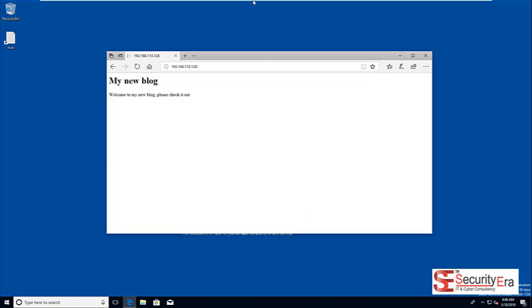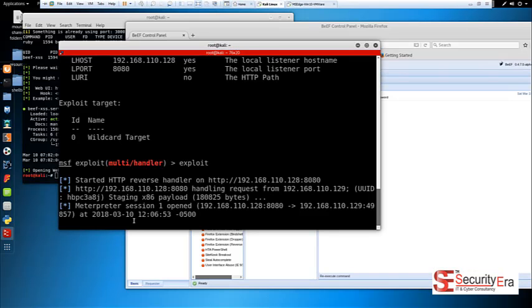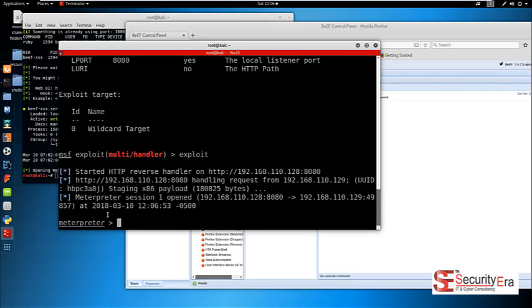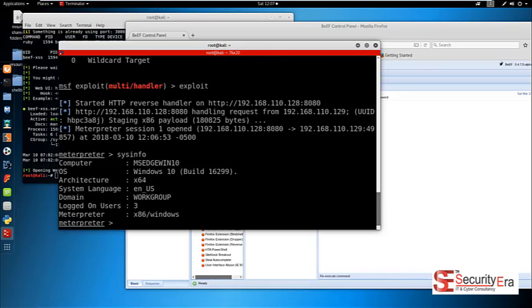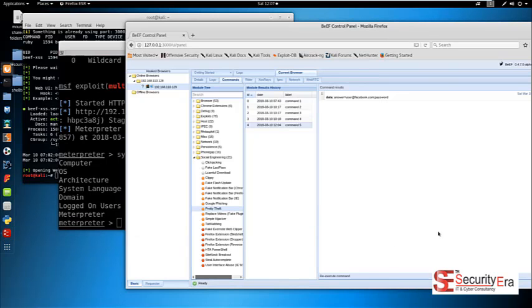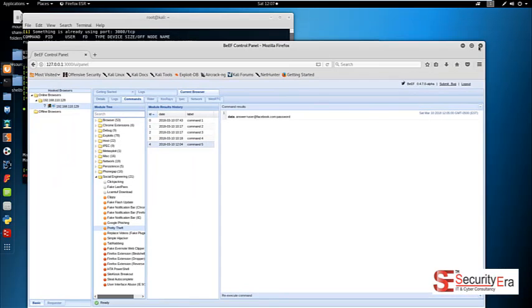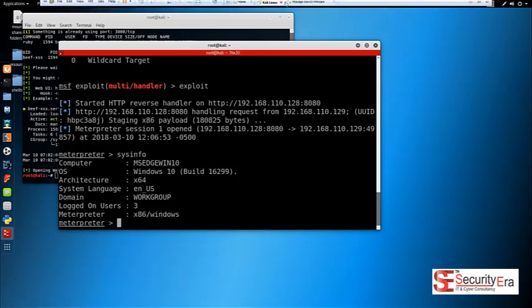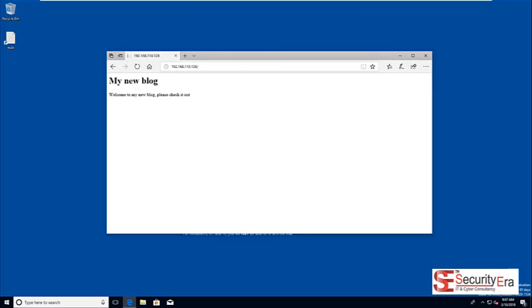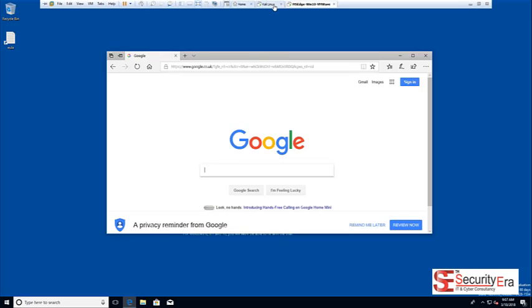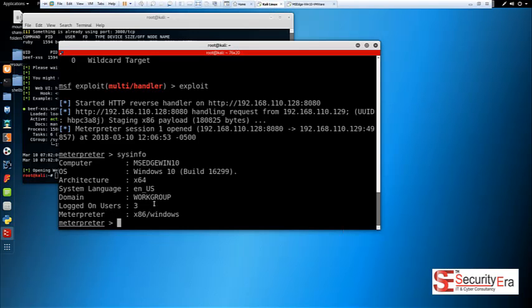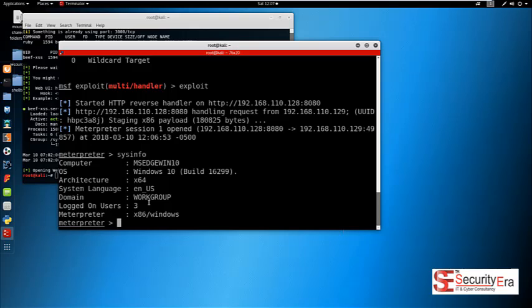So we're just going to click run anyway, and if we go back to our Kali machine, we can see that we've actually got a Meterpreter session opened. So now if we type sysinfo, we've got full access to the computer now. BeEF has pretty much done its job. We can actually just close out of BeEF now, as they could end up going off BeEF, so they could go to Google and BeEF is no longer usable. But now we've got our payload or rootkit installed to the computer or server,